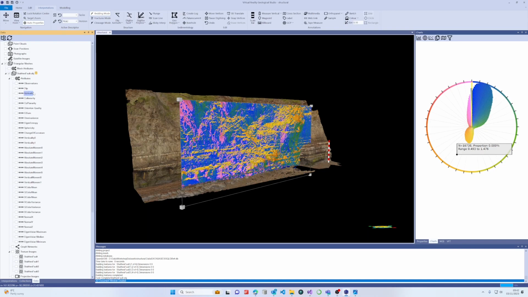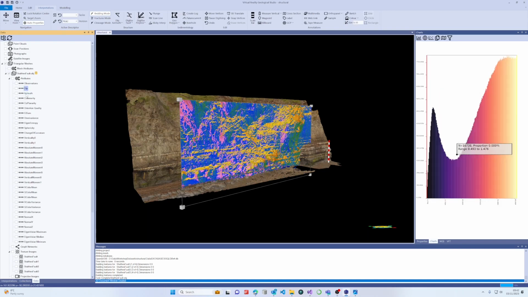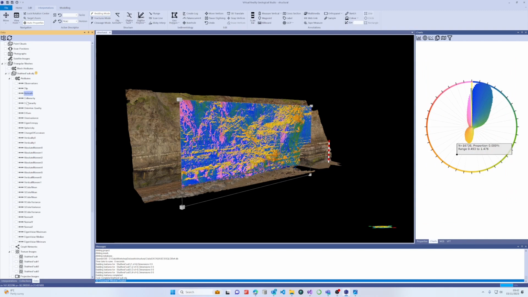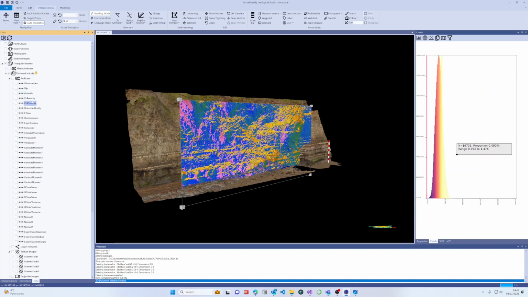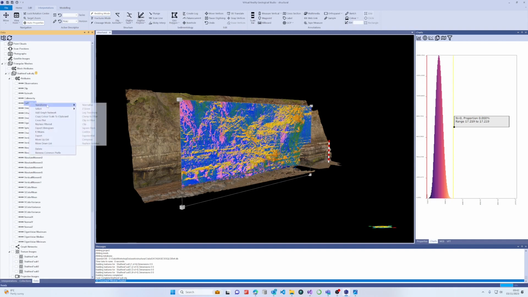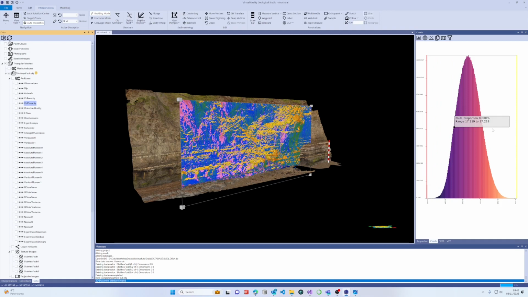We'll do a false color representation based on dip direction or azimuth, and the coplanarity. If you want to do this kind of false color, we need to actually do a clamp on the data like we just did with collinearity. So I'm going to do the same thing on coplanarity. So I'll do clamp to the filter. So it clamps these high values down to whatever the filter is, effectively giving us a contrast stretch on the